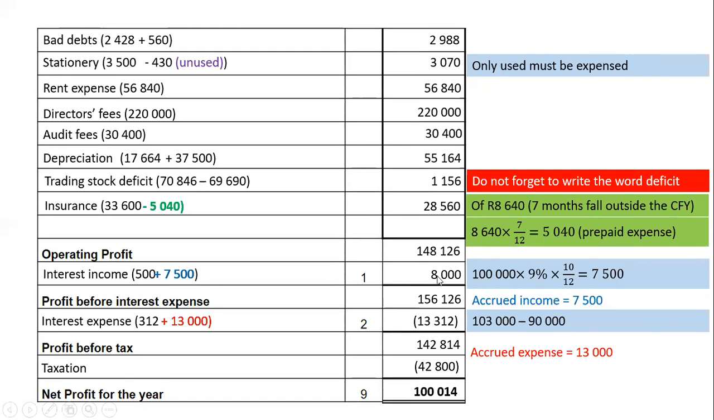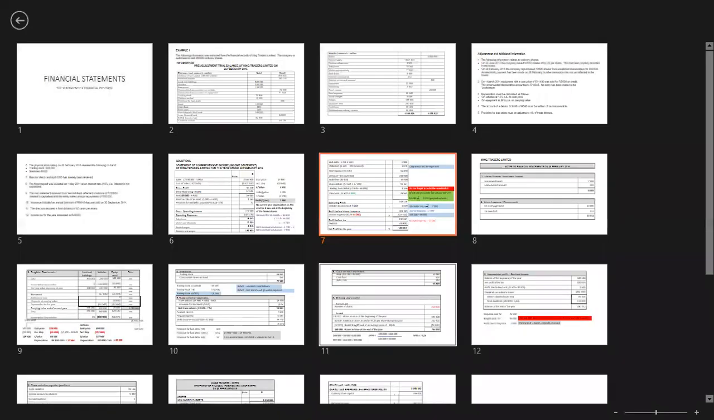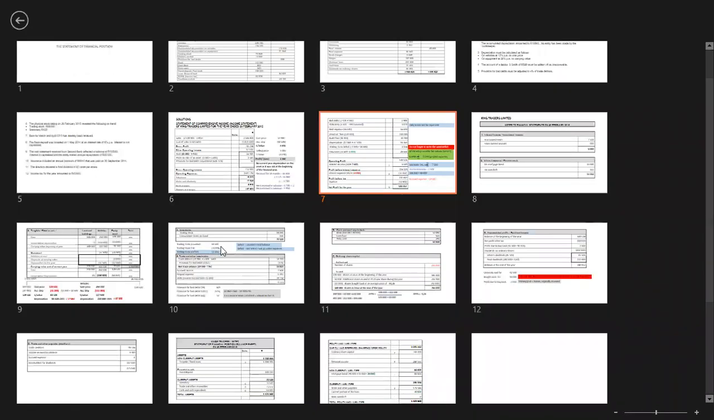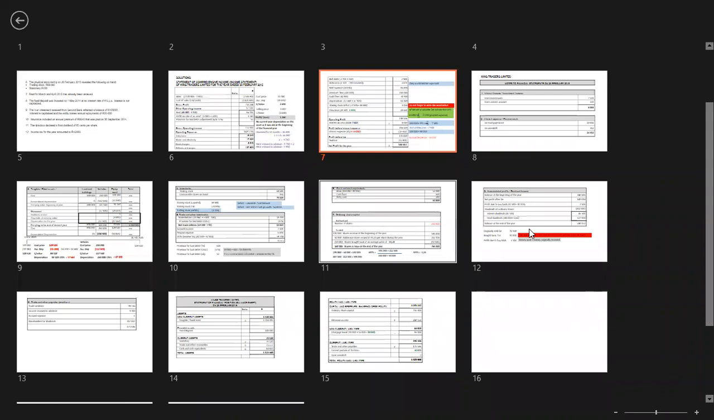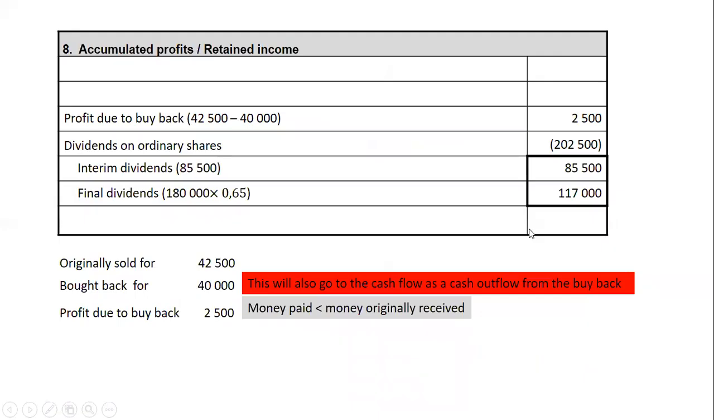Income is income. You add it. It'll give you 156,126. You minus your interest expense. It'll give you your profit before tax of 142,814. You minus your taxation. It'll give you a profit after tax. That profit after tax goes straight to trading. Actually, it doesn't go to trade. It actually goes to retained income, and you're going to record it as net profit after tax, which will be